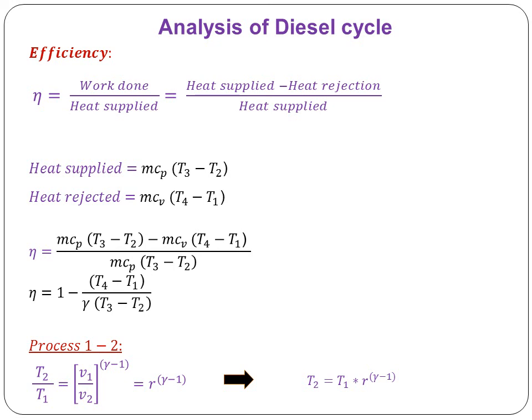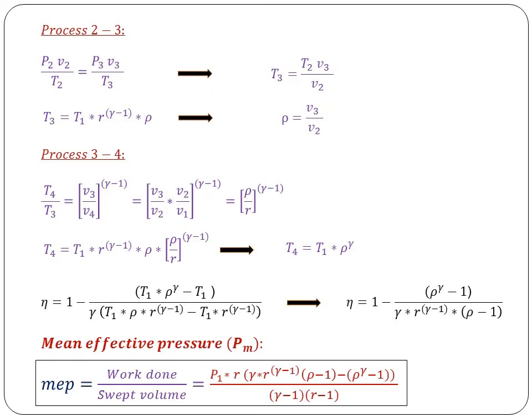So again, when you substitute this in the expression for efficiency, similarly for process 2-3, since this is a constant pressure process, we can use the gas law, which is P2 V2 by T2, that is equal to P3 V3 by T3. And since P2 and P3 are same, because heat addition process 2-3 is a constant pressure process, you can write T3 in terms of T2 as T2 into V3 by V2. And we know T2 in terms of T1, so substitute that, and V3 by V2